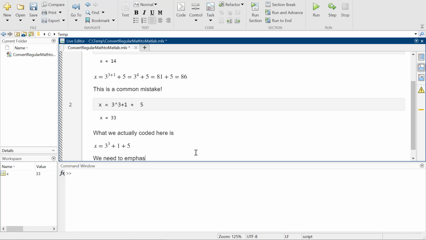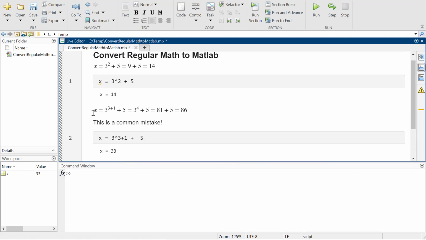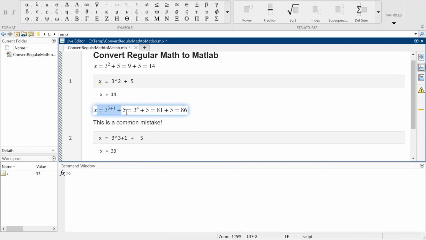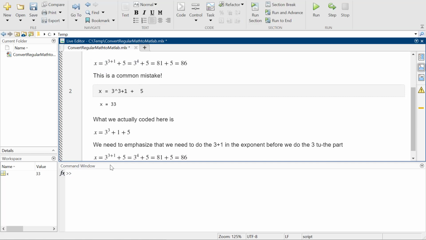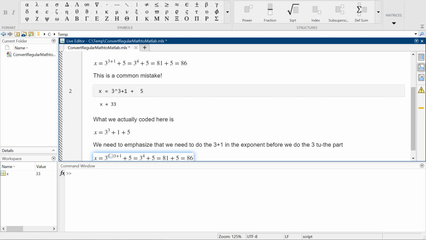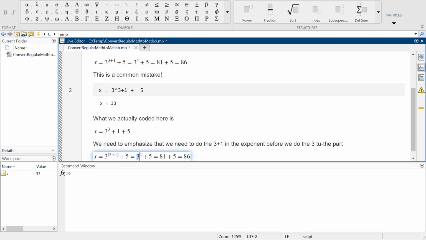We need to emphasize that we need to do the 3 plus 1 in the exponent before we do the 3 to the part. Sorry, I don't have a better way to say that. So remember, this is what we're trying to do. Okay, so when we look at what we did, we're like, okay, we have the 3 plus 1. Now, even though we didn't write it like that,